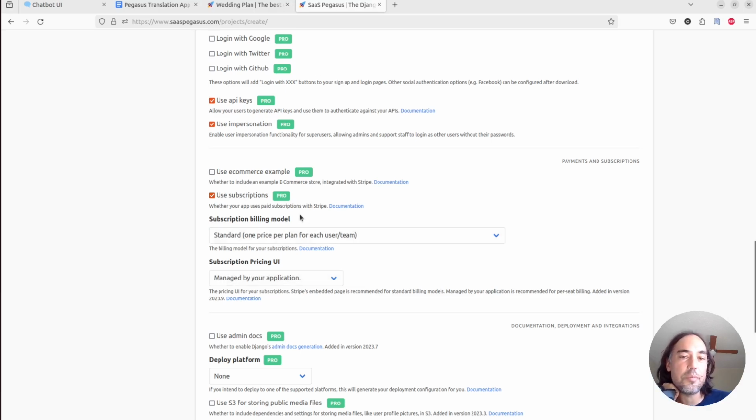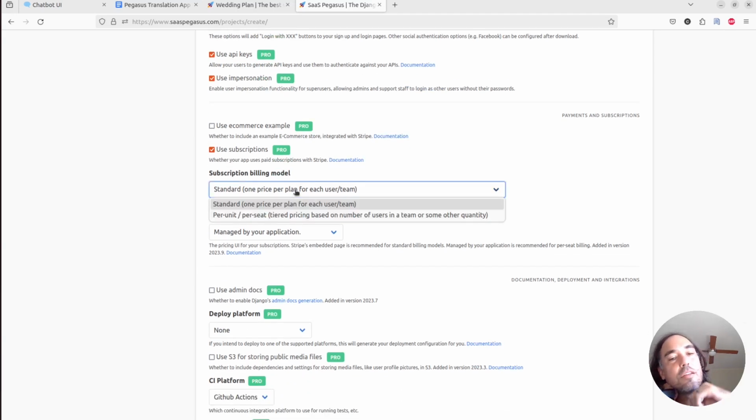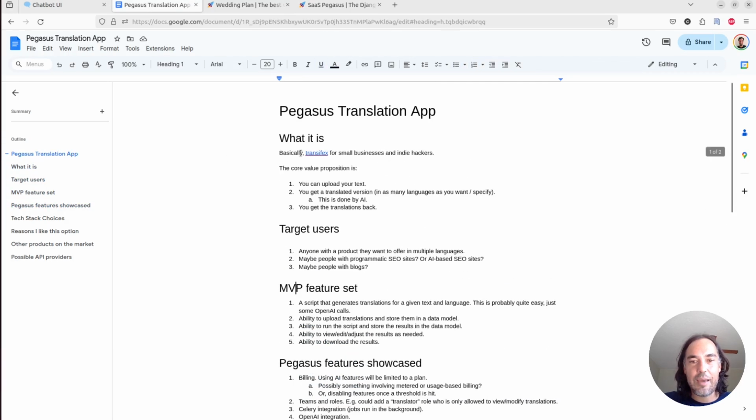I am going to enable subscriptions. And my subscription billing model. So standard pricing is just your typical small, medium, large plans. That's the most common SaaS pricing. Per unit or per seat is basically if you're charging for the number of seats or some other quantity. I think how I imagine the pricing for this working is probably there's going to be multiple tiers. If you look at all of these other apps,